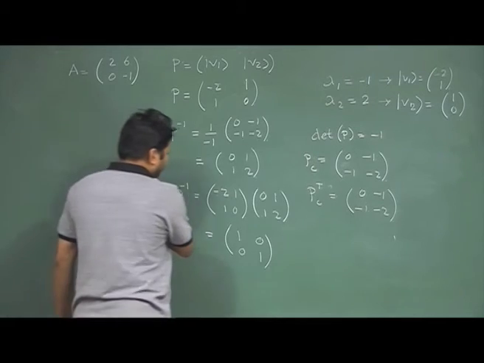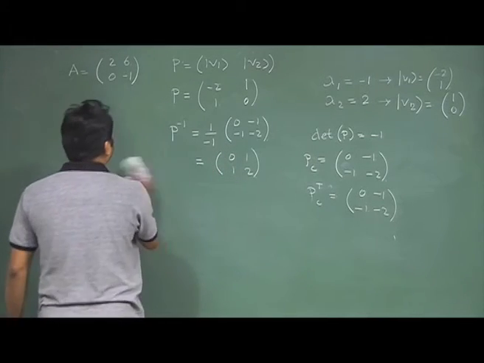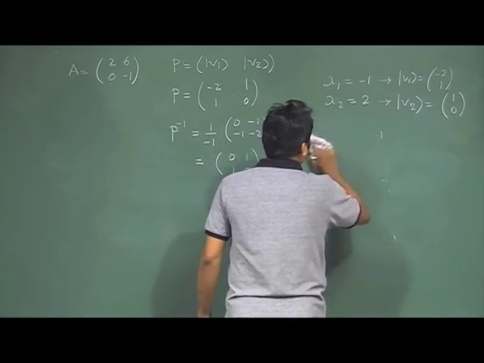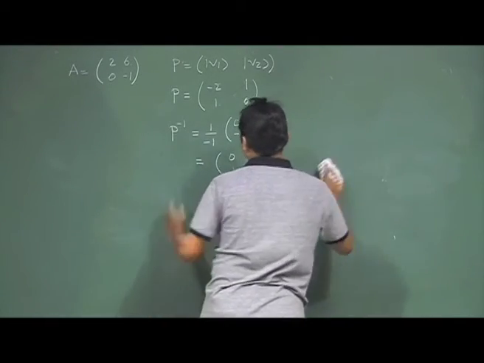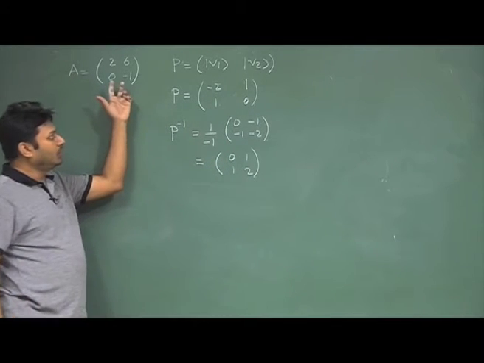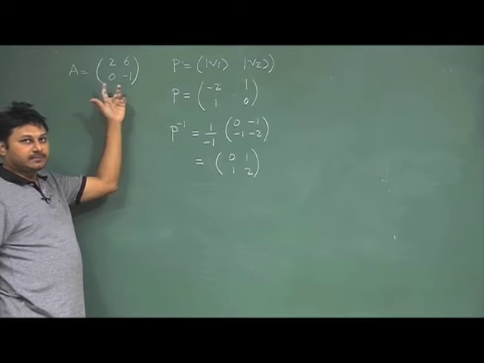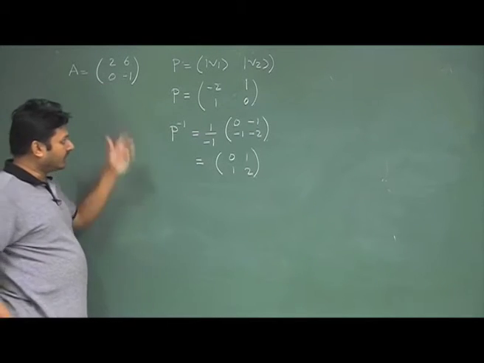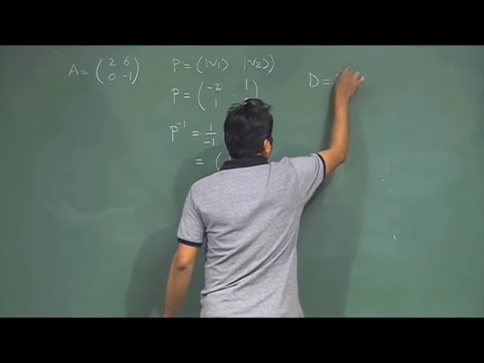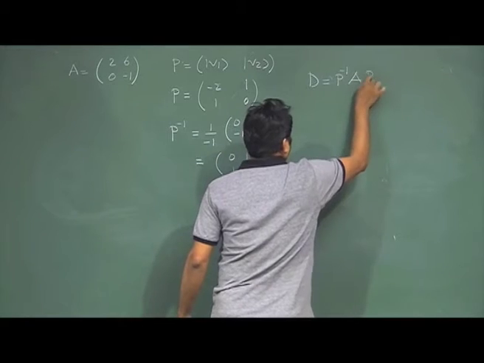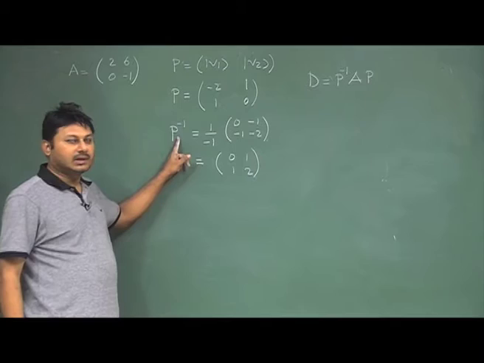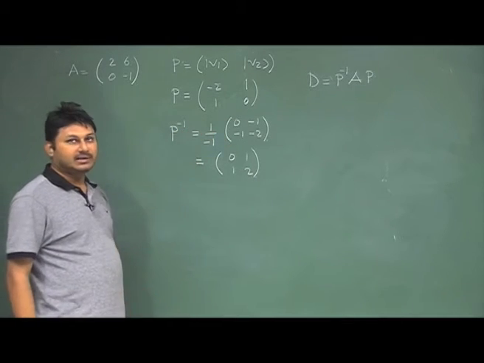So, I now get P inverse. Once I get P inverse, my job is almost done. Next, I will just plug it in to find out what this is. My recipe is that D is equal to a similarity transformation of A like this. So I find my P inverse, I find my P, and I will just plug them in there and try to find out.